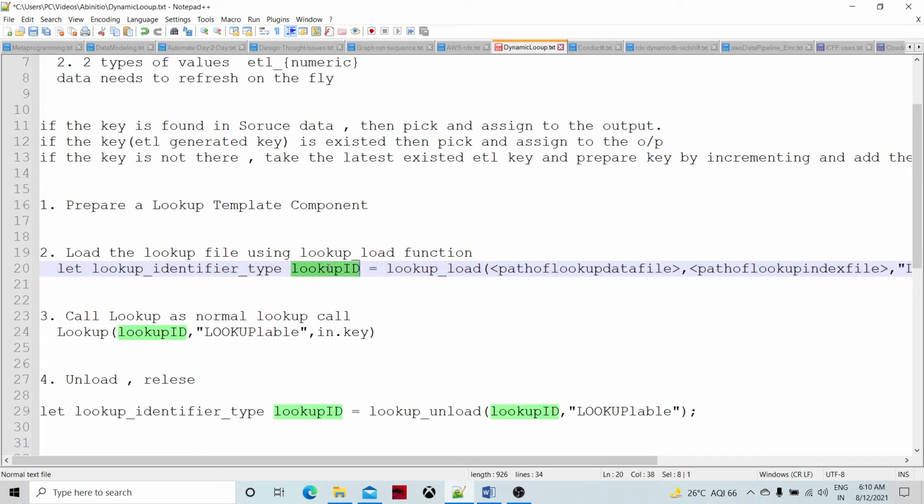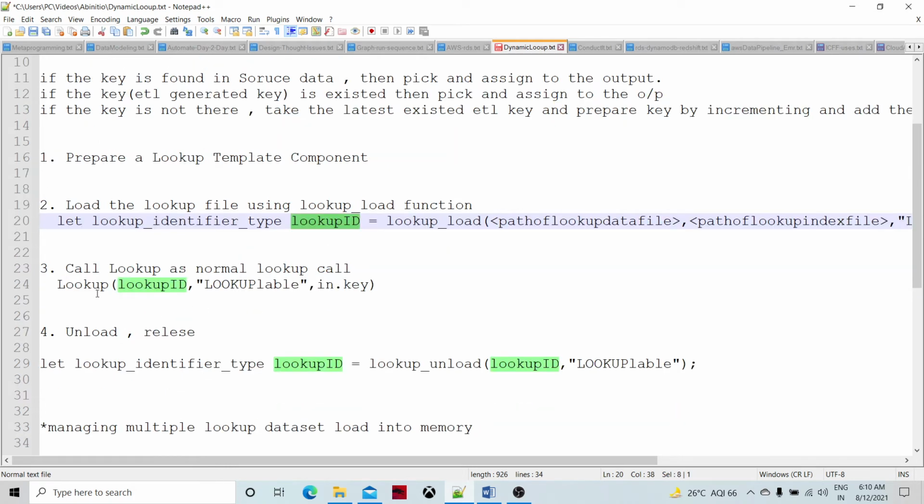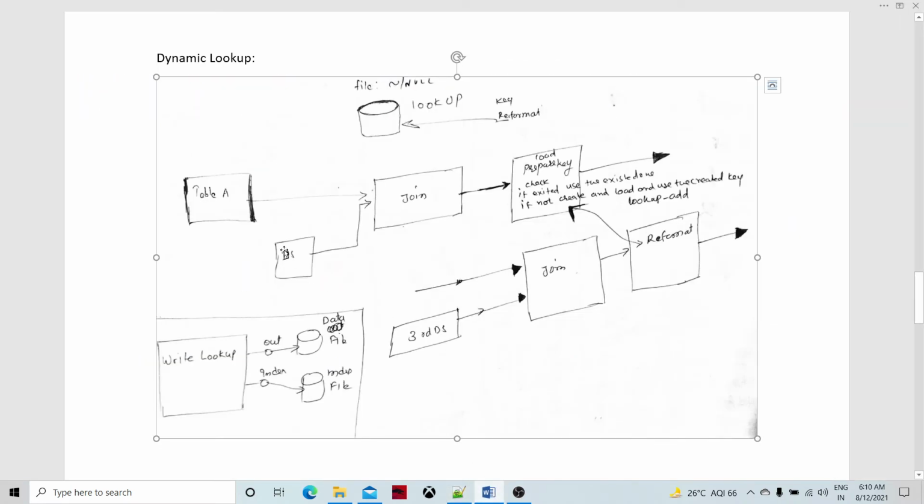This is the identifier, and how we call the lookup is the lookup ID. So this identifier we are going to take, and the label of this one, and the input key, the 9-part key, I'm going to pass from here. Okay. So I'm going to see whether this lookup exists or not. If the lookup does not exist, then